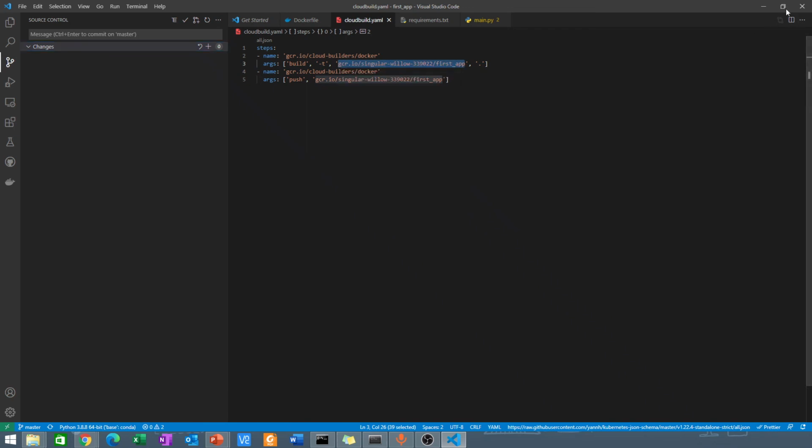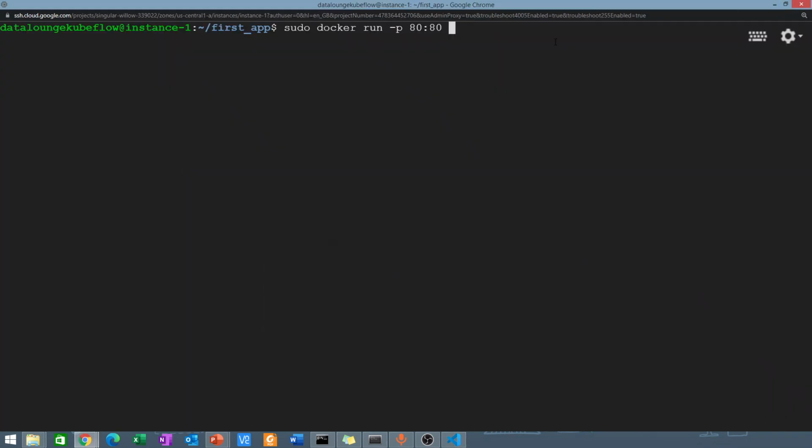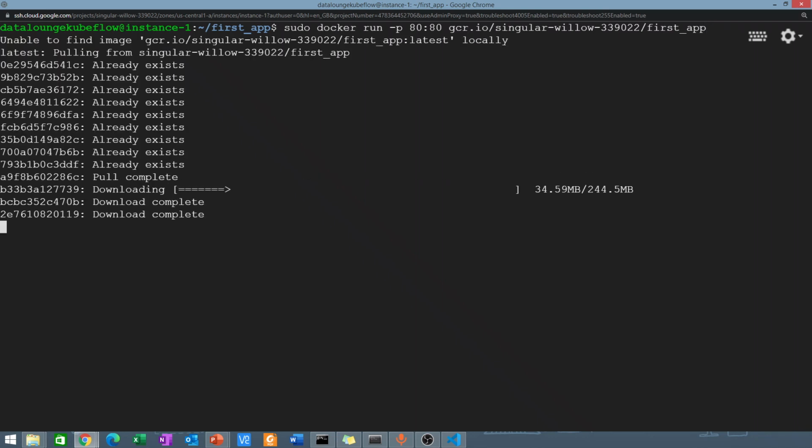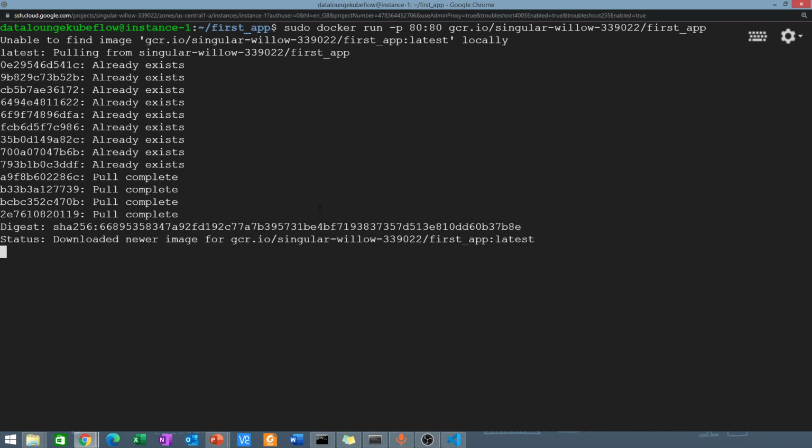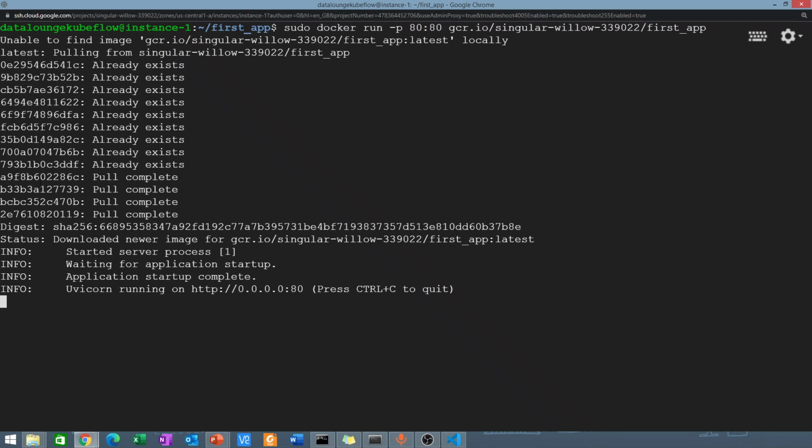So we copy that, paste it here, and then hopefully now there won't be any error. It says unable to find image, so it's going to pull the image again with all the corrections that we made, and then hopefully it will run this. So you see that Uvicorn is running on this